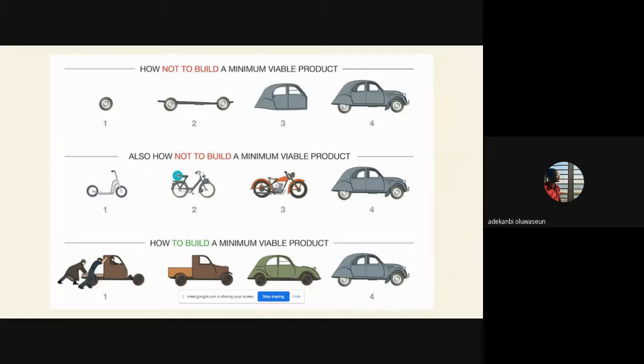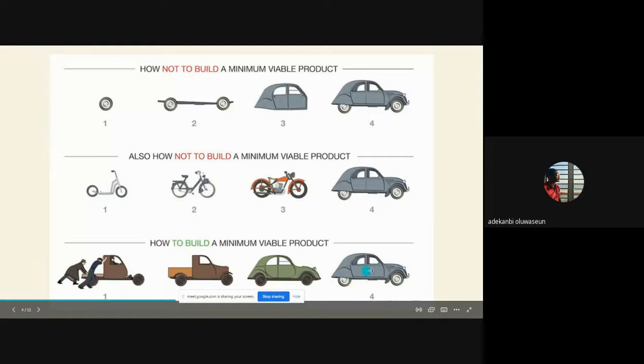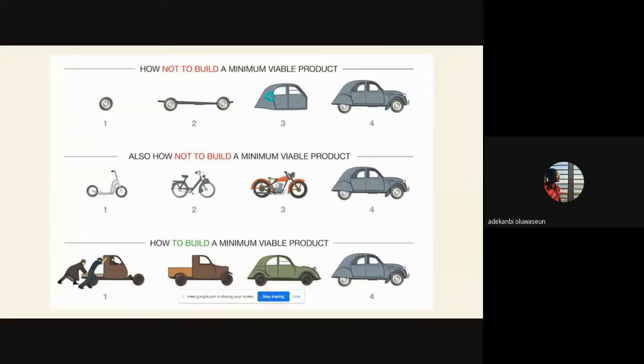The second thing you're seeing here, there's a reason why this is not working, and I would like to ask who can give it. I really want to know who is the smartest in the room. Who can tell me why this particular flow, the one at the bottom here, is different from this one? We all know that this one is wrong because this is just a tire. A tire does not mean you have a product. This is just like a scooter. This is not functional. You can't start with this and end with this. It's chaotic.